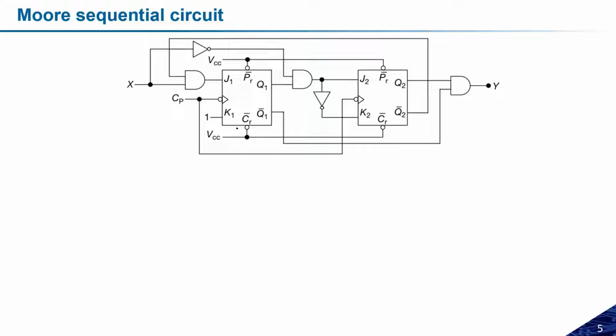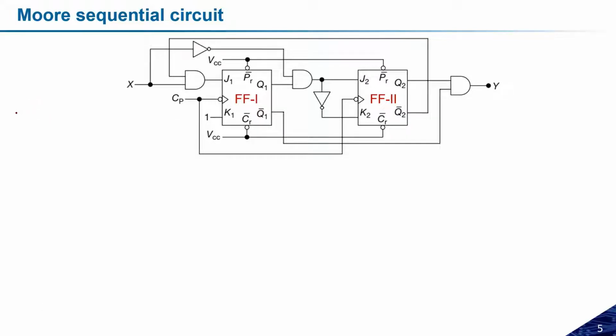If you see here, as of now, I have two flip-flops that have been used. So the total state variables we can assume is 2 to the power 2, meaning a total of 4 states are possible. So here I have flip-flop 1 and flip-flop 2. And now if you see here, the flip-flop is a JK flip-flop, and we know that the